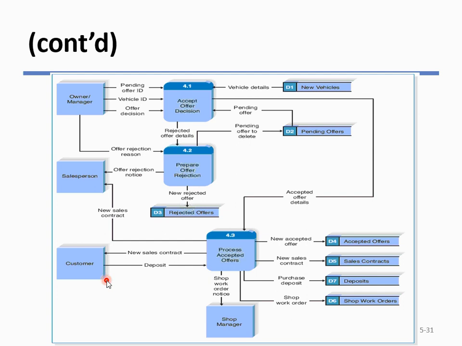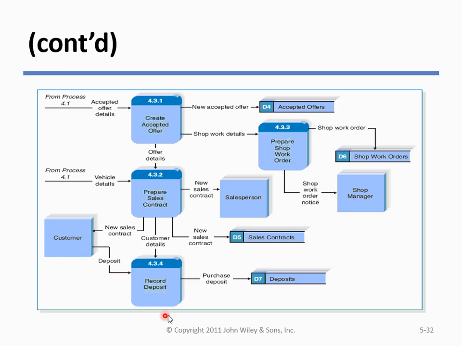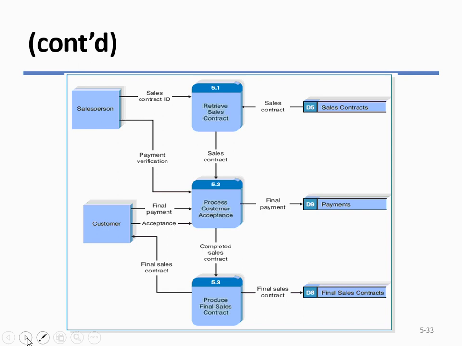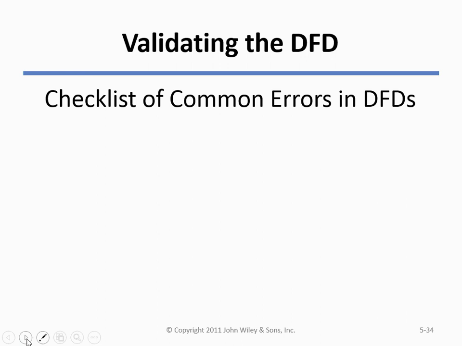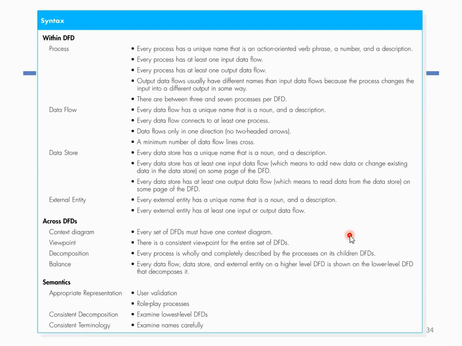and on it goes, just kind of walking through. Now they're breaking down 4 into its level 1 diagram. And so you think about every use case getting something like this. They decided that 4.3 needed to be broken into more detail, and so there's how they decided to do that. And 5 got broken into detail here. That's the level 1 diagram. And good. So